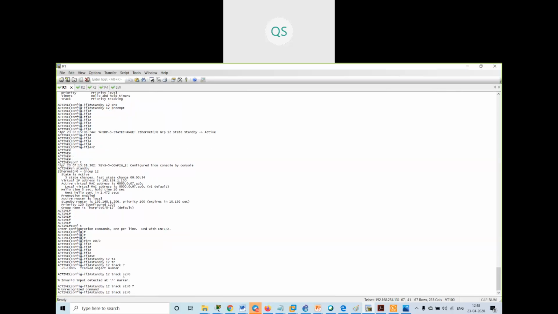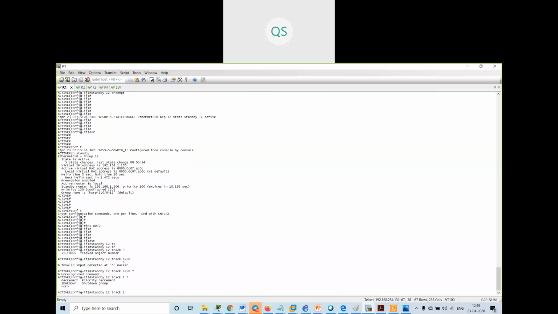Why is it asking me for an object number? Just a second. Standby track 1. It is giving me this command.